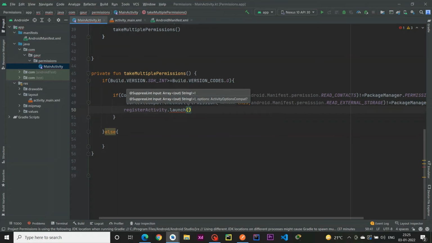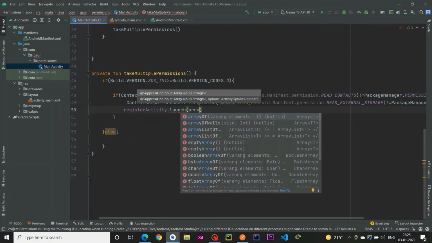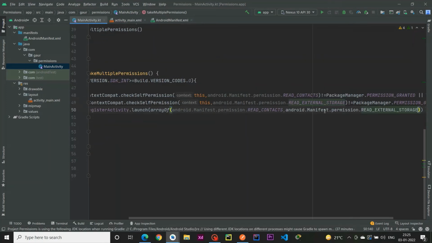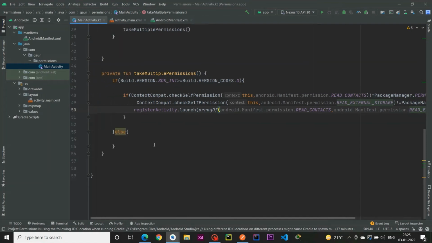So launch, and here you need to pass the array, basically the permission array. So arrayOf, just copy the permissions over here, paste, copy, paste, and that's it.